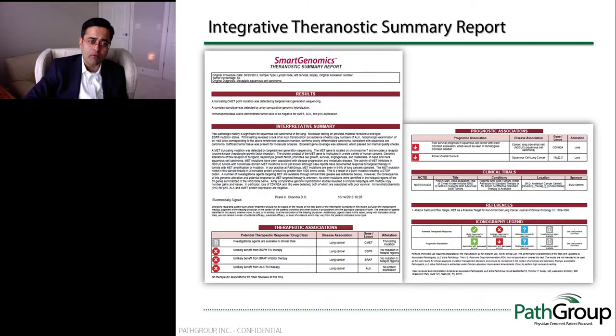This is an example of one of our integrative summary reports. And as you can see in the results section, what we do is we summarize the results from all of the different technologies that are utilized to profile a tumor. Then there's an interpretation that's written by either myself or by one of my teammates who may be a physician or an appropriately trained PhD lab director, and then the report is signed off by a physician, molecular pathologist that's board certified, and then an articulation of the therapeutic associations, as you can see on the left-hand side, an articulation of the prognostic associations in tabular format, and then